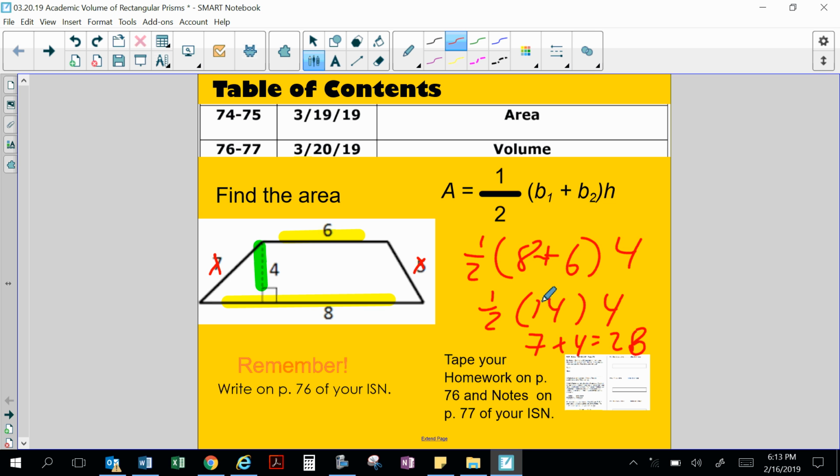Or you could do 14 times 4 is 56. Half of 56 is 28. Or you could do half of 4 is 2. 2 times 14 is 28. So